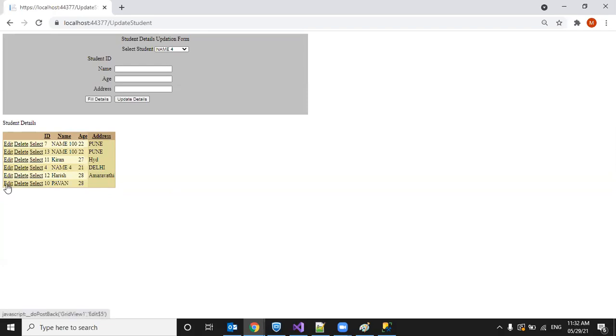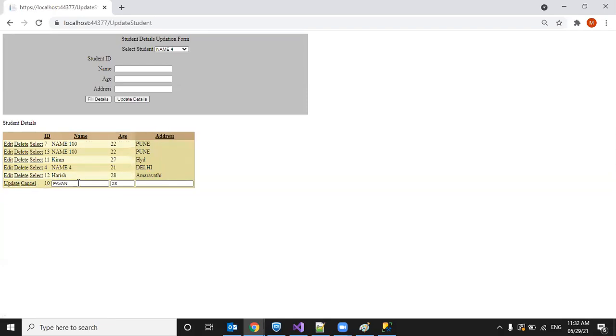Now I'm clicking on edit. Okay, so Pawan, 28. I'm giving some city, Bangalore. Now, when I clicked on edit, it is showing update and cancel buttons automatically, right? And if you see here, the ID property was shown as a label, but the other controls are shown as text boxes.